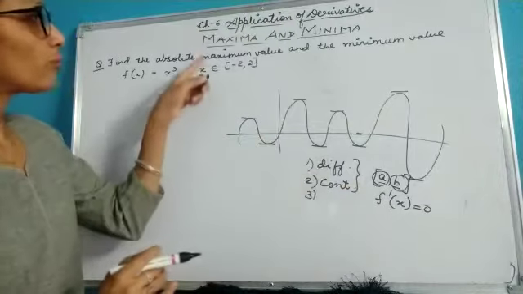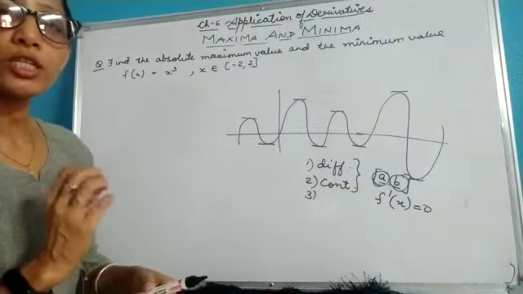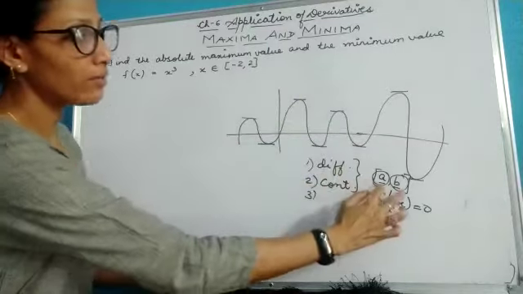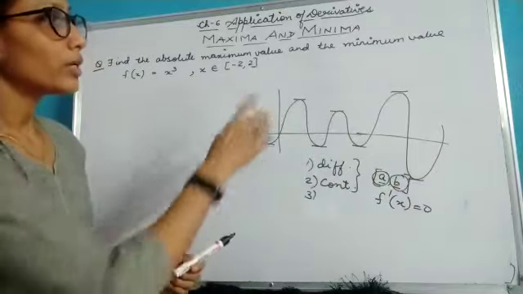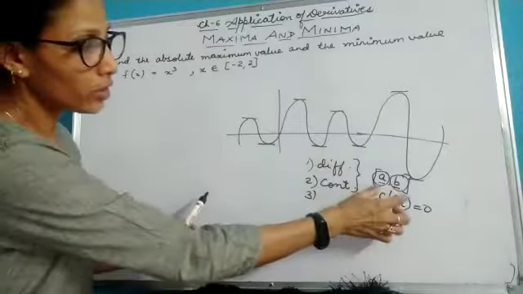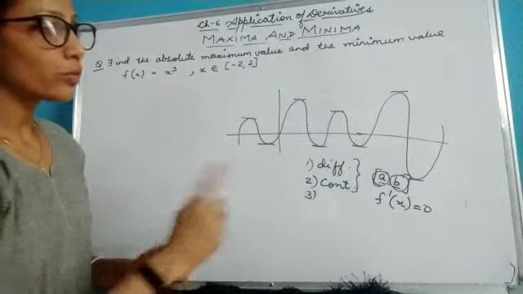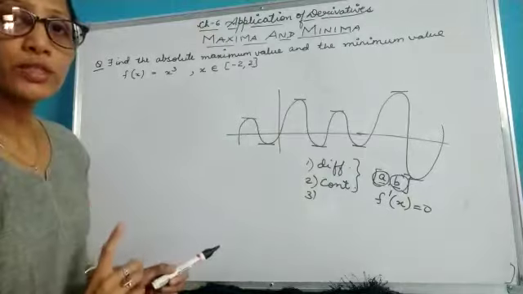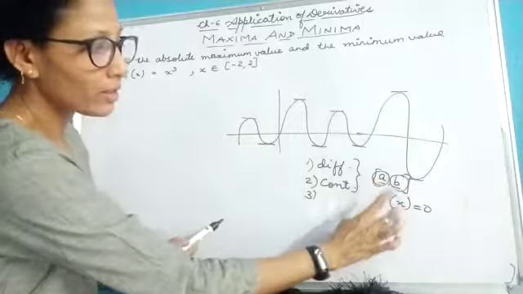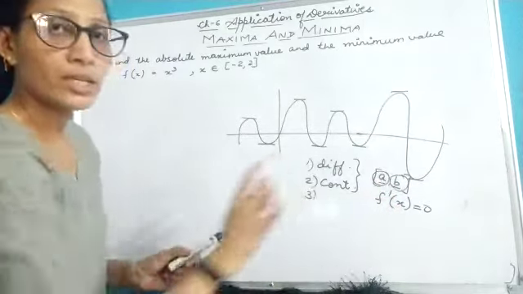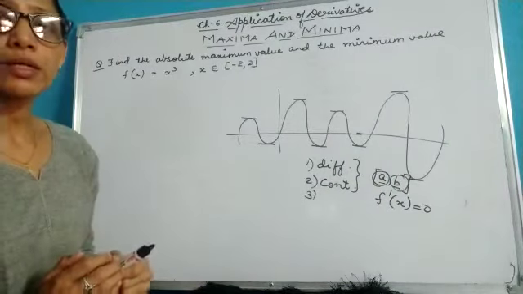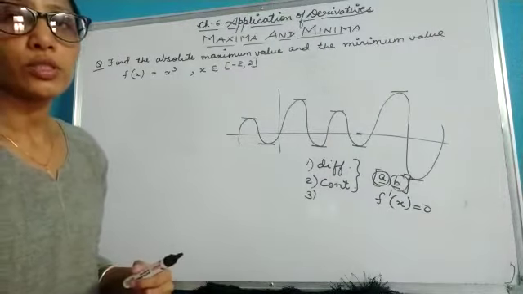That means for absolute maximum and absolute minimum, we need to find out the highest or the greatest value the curve can have in the closed interval, or the minimum value, the absolute minimum value the curve can have in the closed interval AB, and this value can lie at the stationary points. And children, by stationary points I mean the values over here where f dash x equal to 0. Now let's use this concept to calculate absolute maxima and absolute minima in the questions.